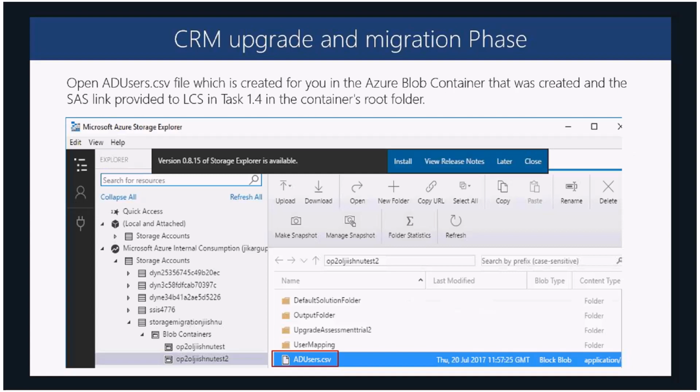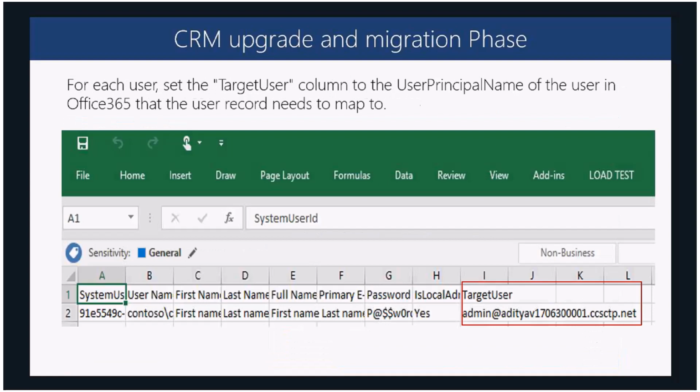Make sure that we are not changing the format of the file. It has to be in CSV. Once you open that file, you will see an entry like the way you see on the screenshot. The username would be the name or username of the person which is in the DB itself. You need to make sure that you map it to a user on your Office 365 tenant, which would have the CRM licenses applied to it and would be an active user in the Dynamics 365 Online instance once the migration has completed. So provide the UPN or the email ID that you have on your Office 365 tenant,